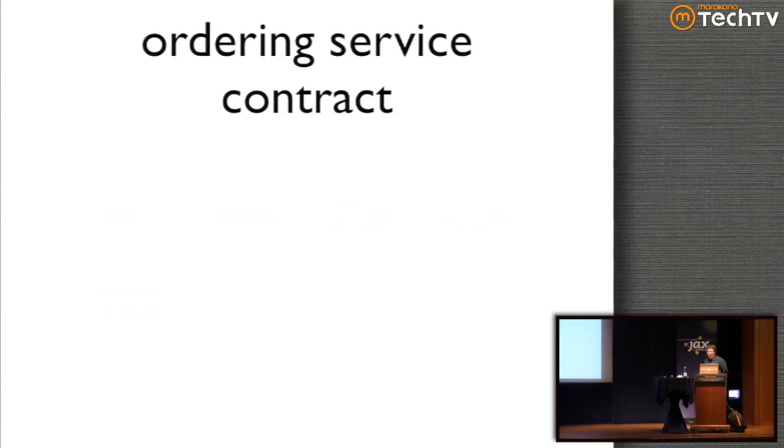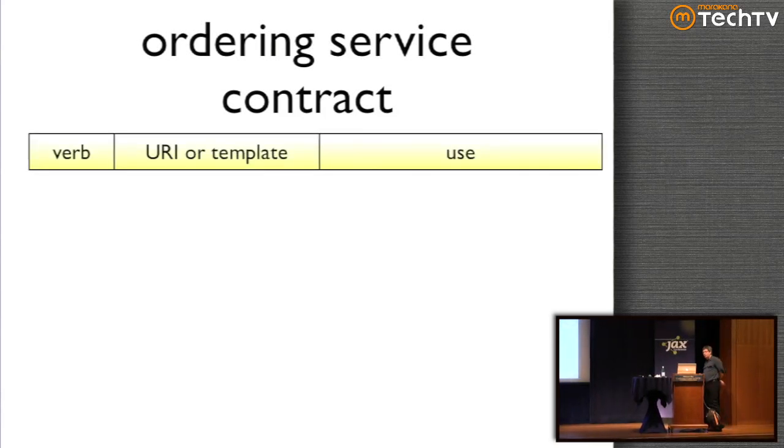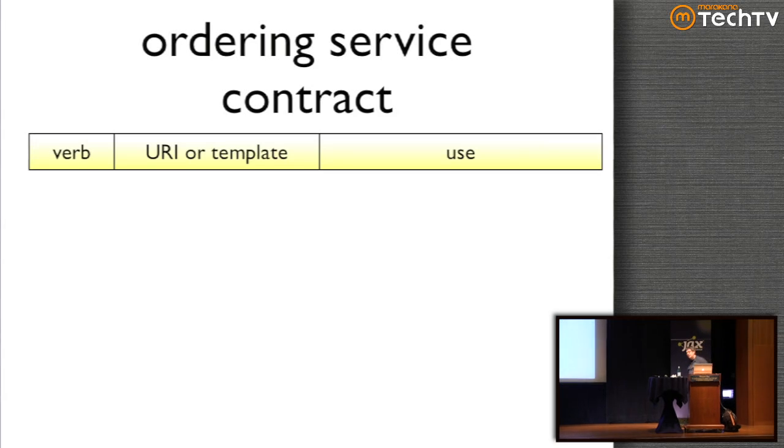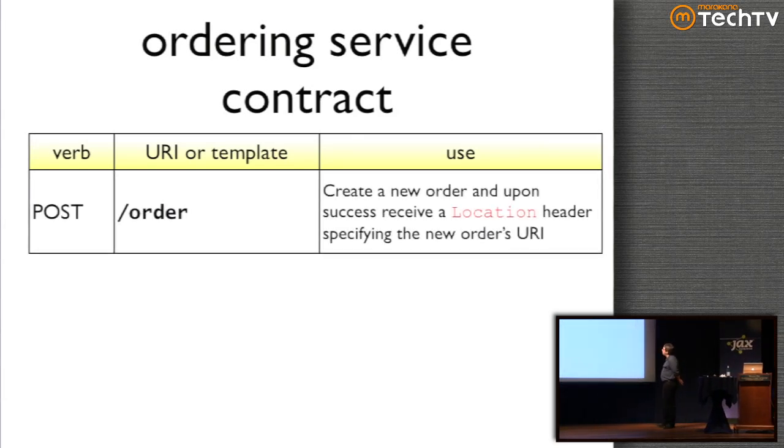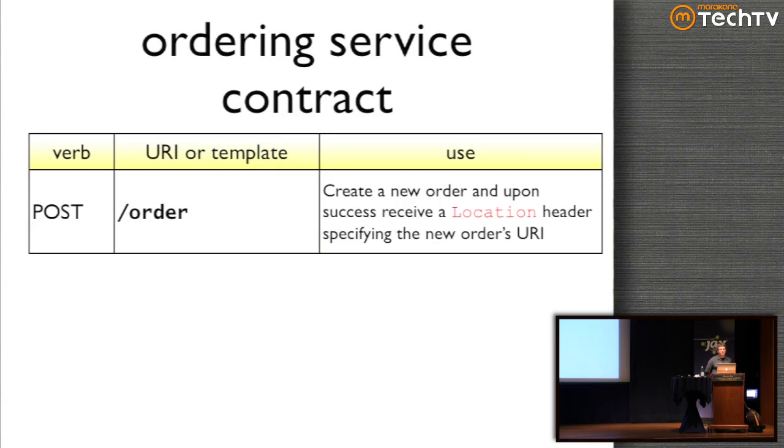Let's say that you are going to piece together what the integration APIs look like for Restbucks. Here, notice we don't just have an endpoint, we also have a verb, because we're taking advantage now of URIs and verbs in HTTP. And so you typically post against order, which creates a new order, and upon success, it sets the location header information to the new order's URI. Notice that what you get back when you call this is a 201 Created status code that has the location header set that points to the new resource you've created, but no body.